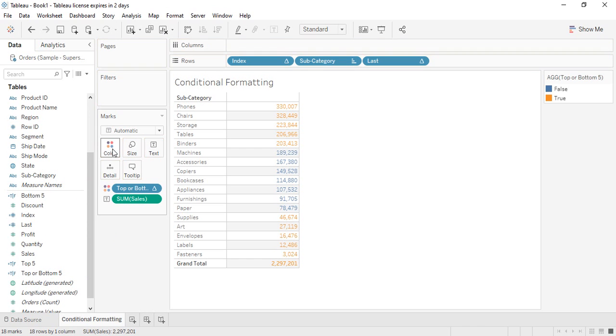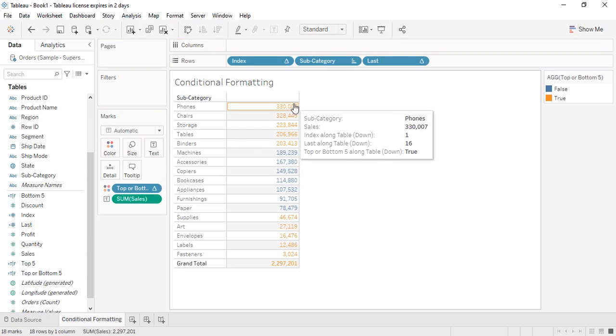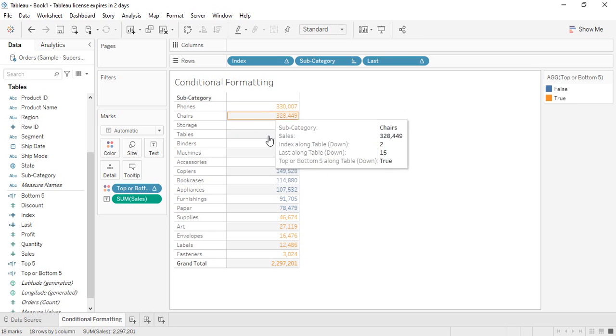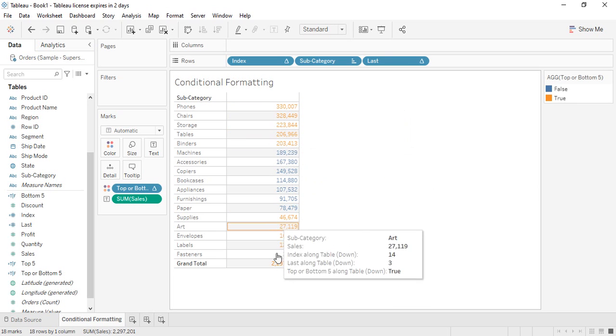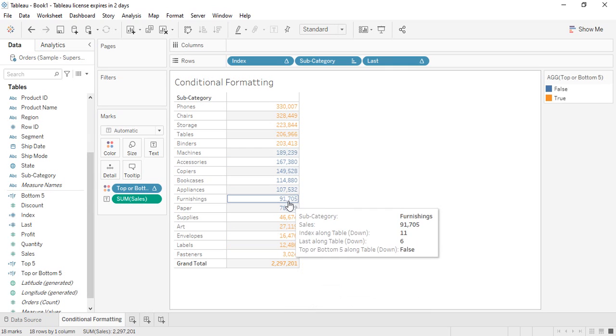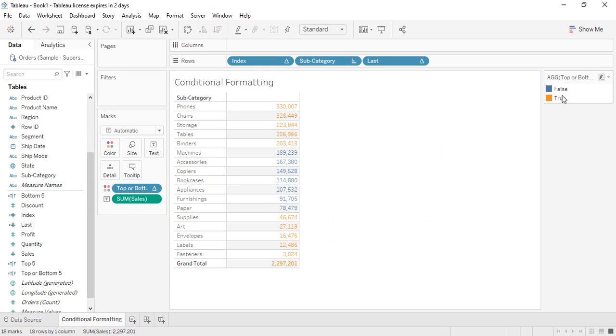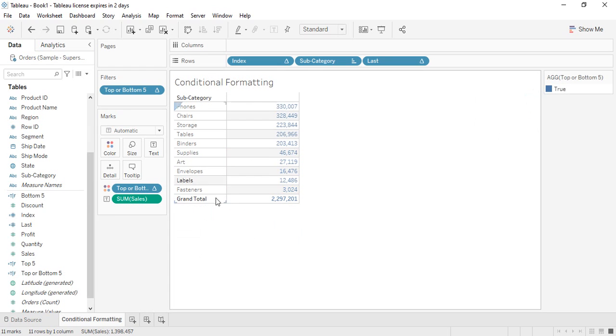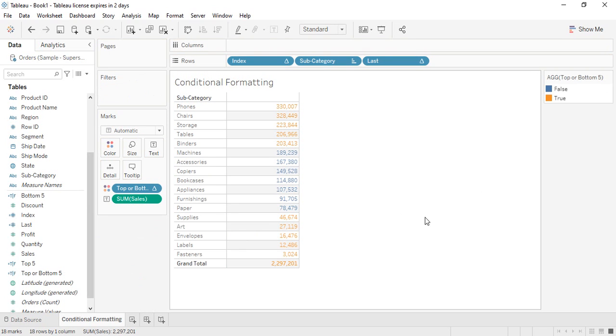Now if we apply these conditions, click on OK, and drag it into the colors part, these conditions are applied. That means the true value, which is referring to this orange color, gives us not only the top 5 values, we are also getting the bottom 5 values highlighted in the orange color. The rest of the values, those that are neither in the top 5 category nor the bottom 5 category, are highlighted in the blue color. If we want to hide them, we can click on exclude, and this is the data that we are getting over here. Top 5 or bottom 5, that's the filter that's been applied.